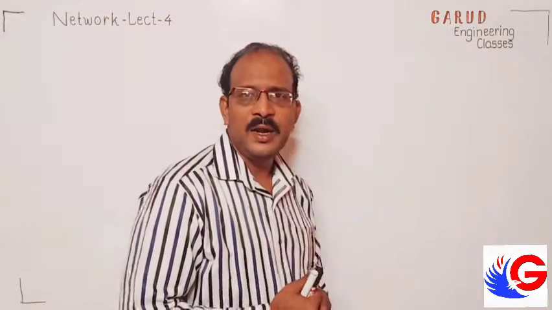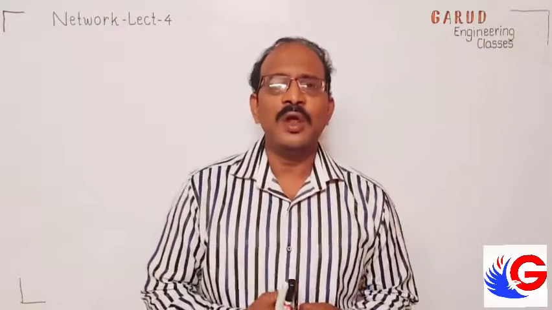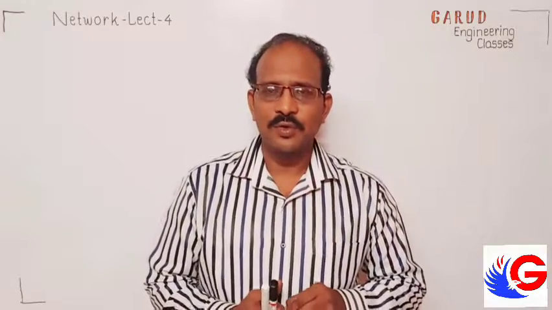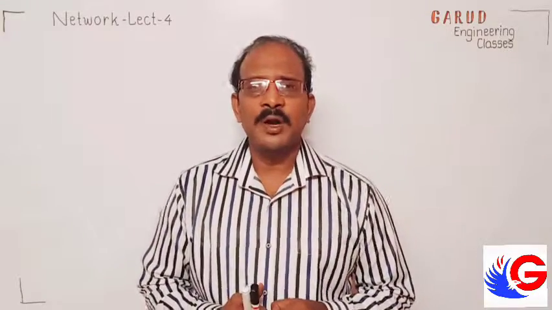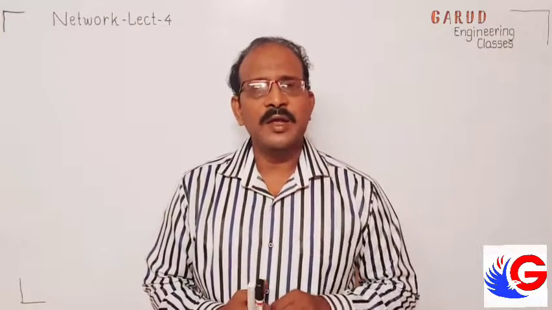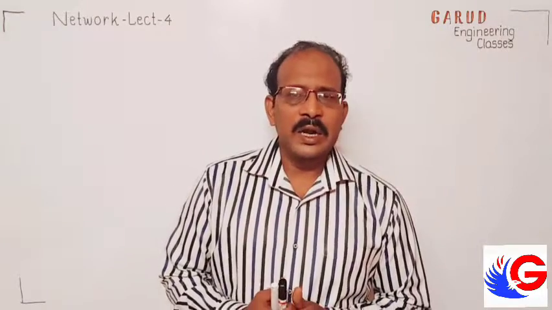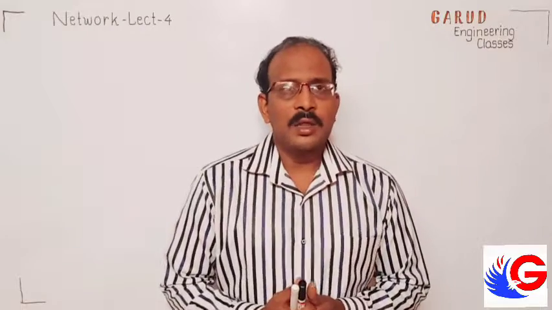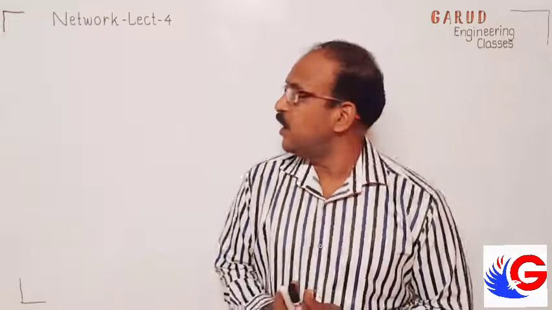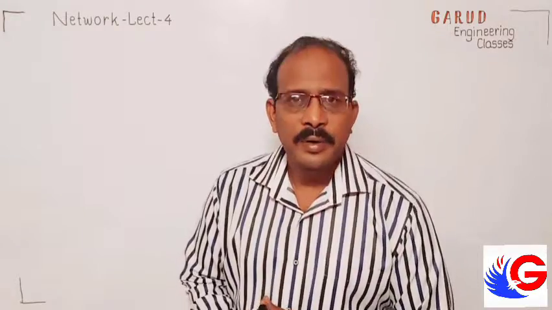Okay. So first I want to tell you something about dependent and independent sources. You know, dependent means what? As I told last time, you are a dependent source. You may be the source for a friend, but you are dependent on your father, and the father is independent, because he is working. So you have to be independent in your life. Till the network part in BEE, we studied independent sources, but here we have to see dependent sources. Now, how will a dependent source be presented in this network?